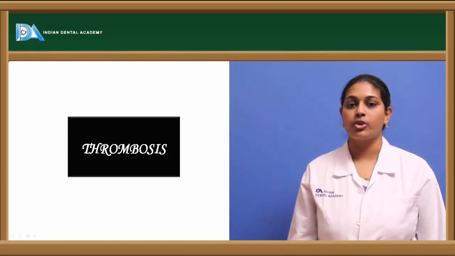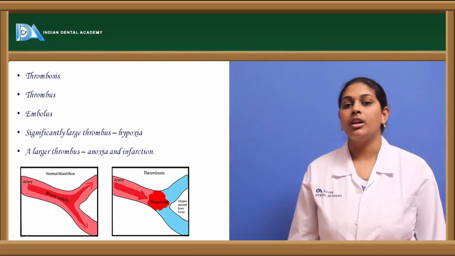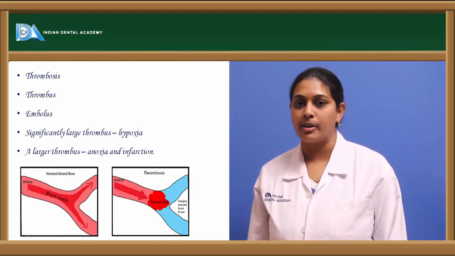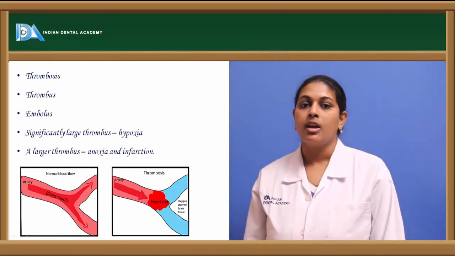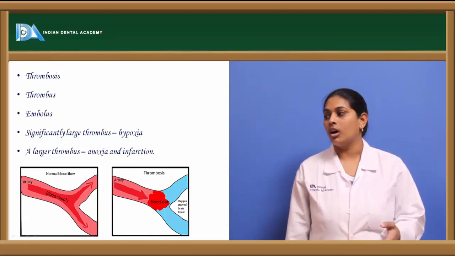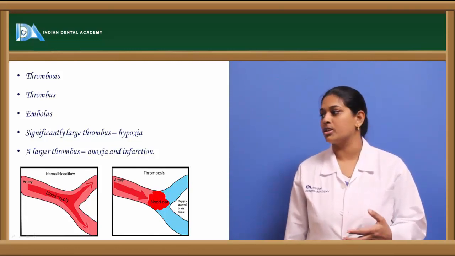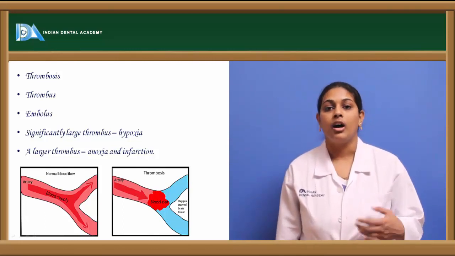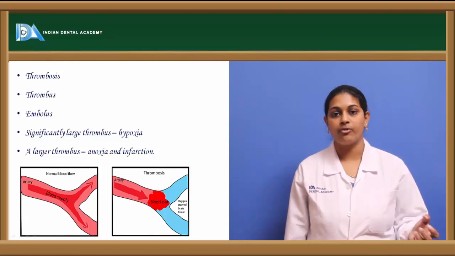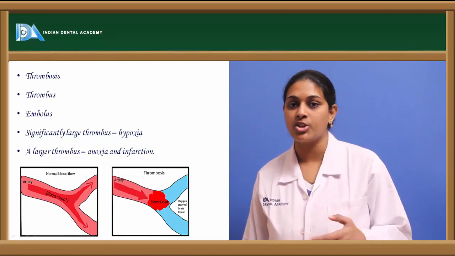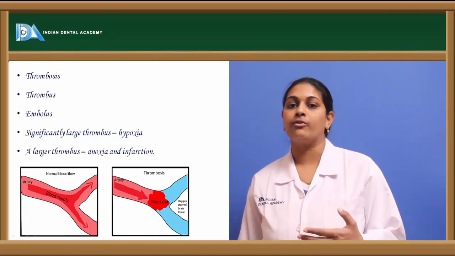Coming to the process of thrombosis. Thrombosis is a condition where there is hampering of the blood flow because of the formation of a thrombus. A thrombus is a blood clot which causes obstruction of the blood flow. This process is known as thrombosis. When this thrombus is dislodged from its normally formed site and moved to other structures along the blood flow, it results in